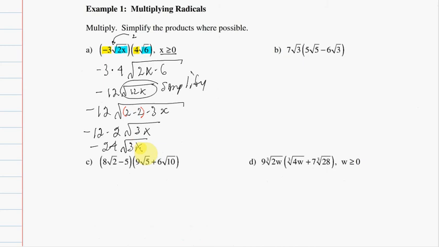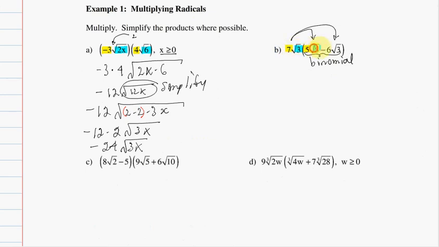Okay, our next example. No variables to worry about on this one. And we also have a binomial. Okay, this is a binomial. Okay, so we're going to use the distributive property. We're going to multiply the 7 root 3 by 5 root 5 and the 7 root 3 times negative 6 root 3. Okay, so we're going to start by multiplying our coefficients,